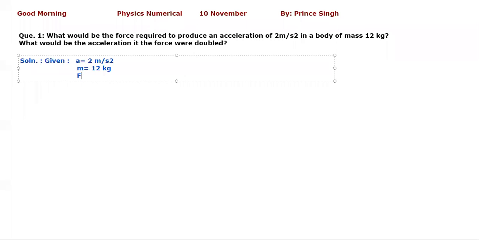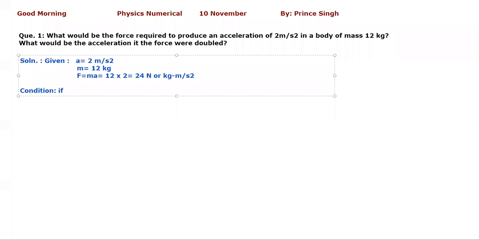So we will put the values in the formula for force, ma, and we will multiply these two quantities, and we will get the force as 24 Newton, or kg meter per second square. Now here the condition comes. The condition is that